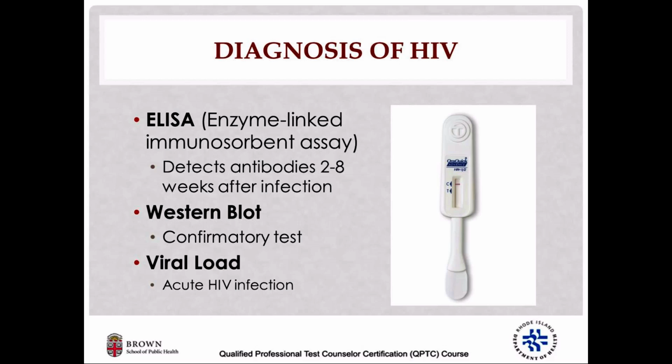All these tests tend to be very sensitive. What that means is that they're able to detect even the slightest hint of HIV, but it also means that sometimes they're so sensitive that they detect things that are not HIV. Because of that, all HIV tests are confirmed by secondary tests. You can see here the one that is used in Rhode Island and tends to be one of the most common is what's known as a Western blot test. It's another test that looks at HIV antibodies as well as HIV antigens,